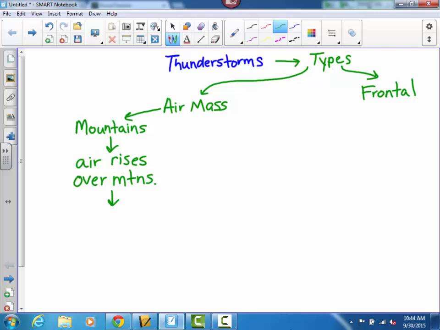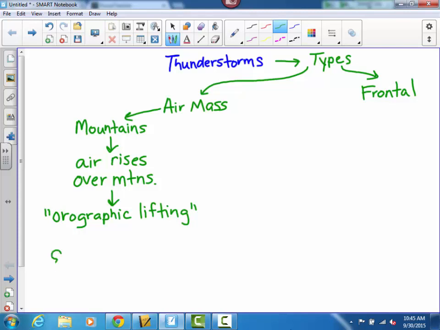This has a special name, by the way. Your book uses this term, orographic lifting. And the way that I remember what that term means is by looking at just the first part of the word, ore. O-R-E is what kind of ore? Metal, gold, things that we mine for. Generally, where do we mine for things? In the mountains. So that's how I remember what this is. Orographic lifting